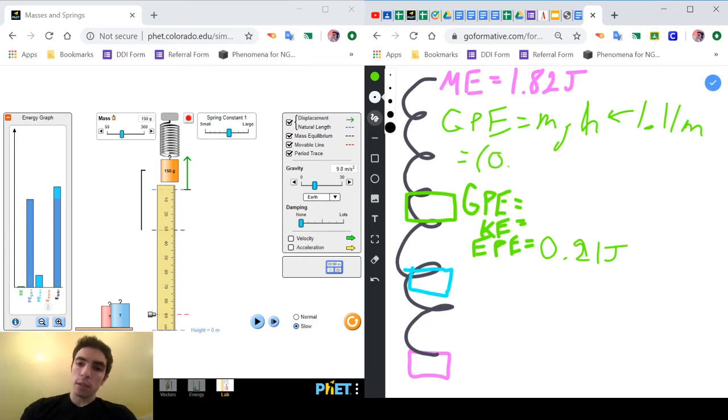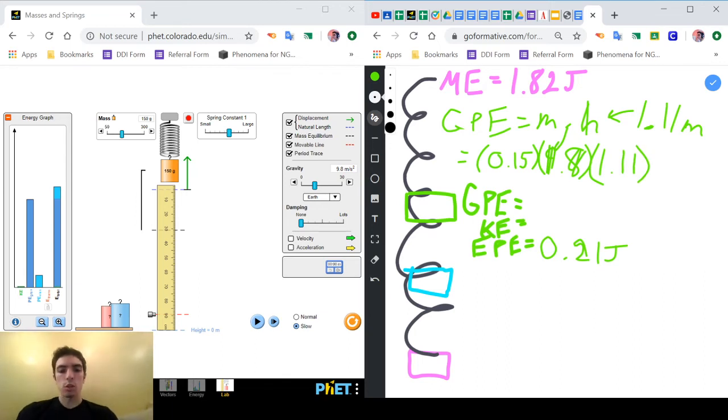The mass of this is 0.15 kilograms. The gravity is 9.8 meters per second squared, and then the height we plug in is 1.1 meters. Since those are all right next to each other, we multiply them together, and what we get is 1.6317, and I'm going to write 1.63 joules. Again, joules, because this is an energy that we were calculating, and joules are always our units for